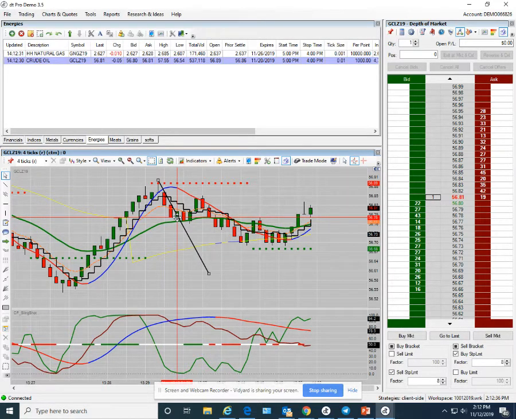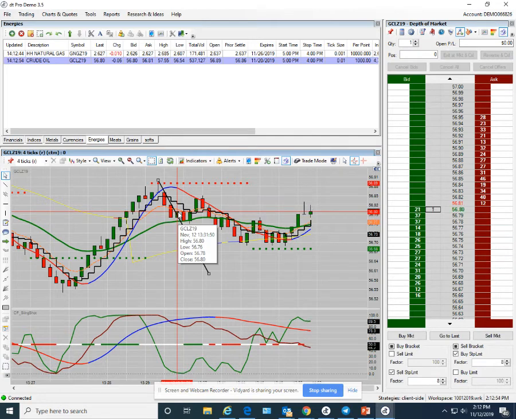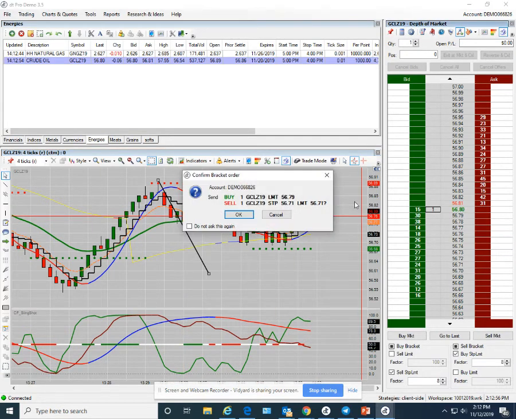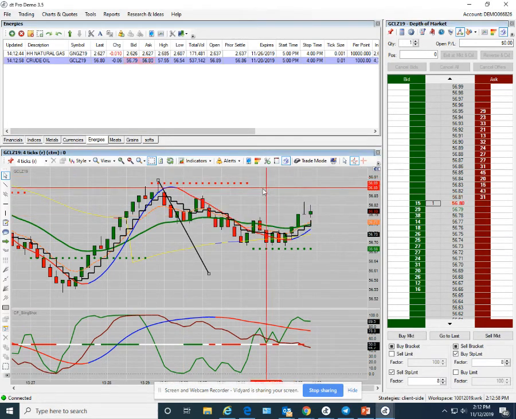Okay, now as this thing is forming, and then we have the divergence down below. The cycle is blue, and the green line is pulling away. That's what I mean. All the rules are in play. Okay, so now it's just a matter of taking action. So 2 ways we can do it. We can wait for this candle to close, go inside the DOM and left click. Or while this thing is trading back and forth, back and forth,